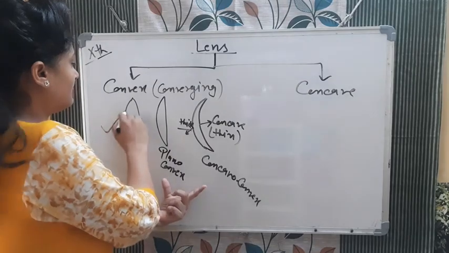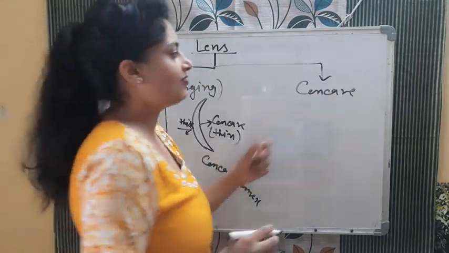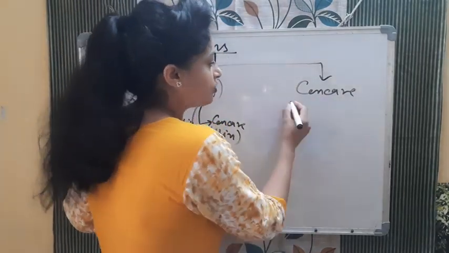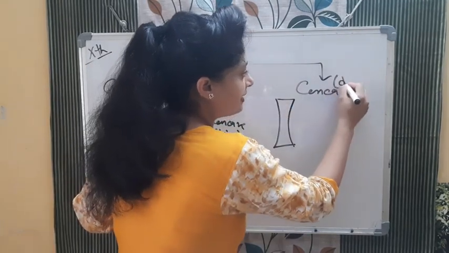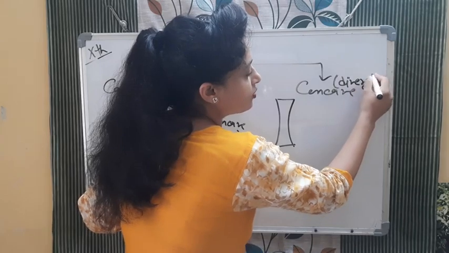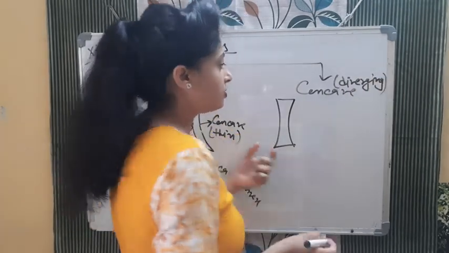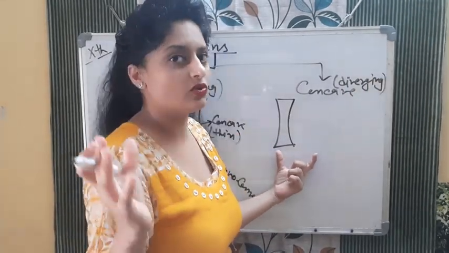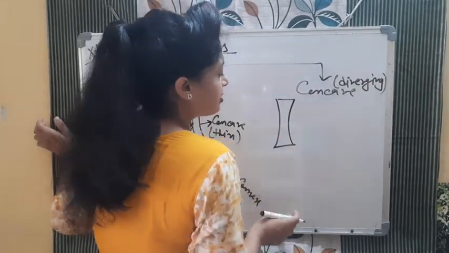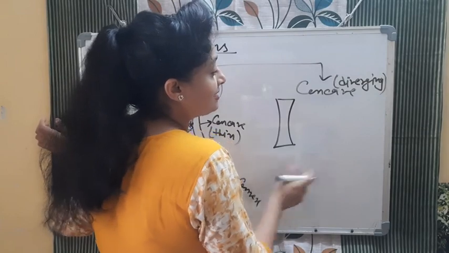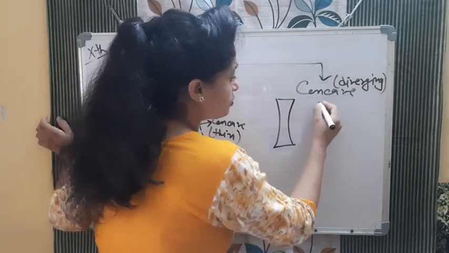We need to study this one. This is the biconvex lens. In the same way, when you are drawing the concave, the concave shape is like this, and concave is known as the diverging lens. It diverges the rays of light, opposite to the convex. So these are lenses, and these are opposite to the mirrors. Concave mirror was converging, concave lens is diverging, and this simple shape is known as the biconcave lens.